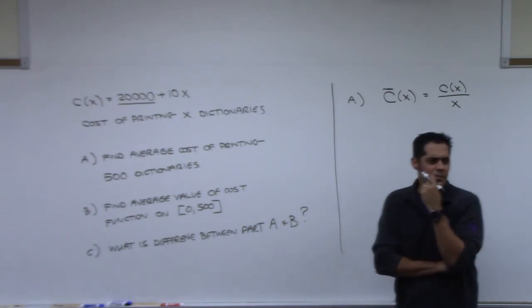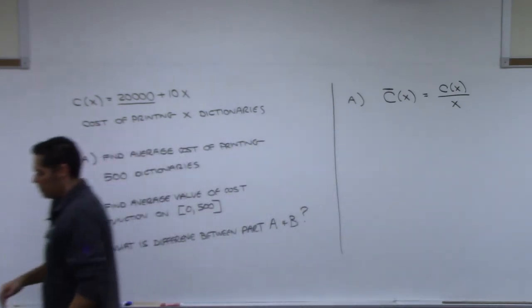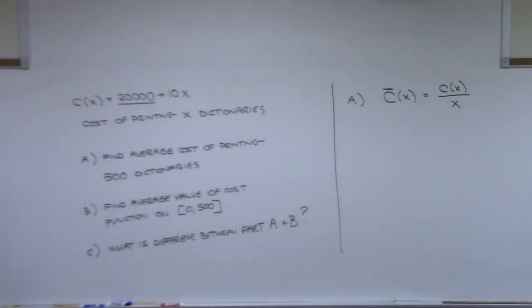I'm not sure what you... It's 20,000 plus 10 times 5,000 500. I did, my bad. Okay, so the